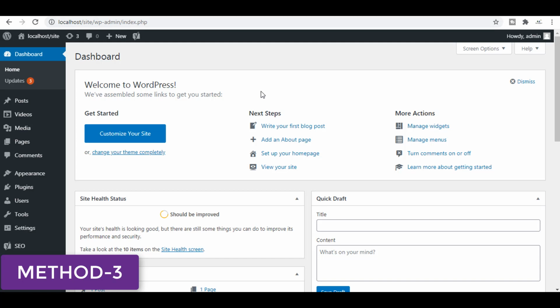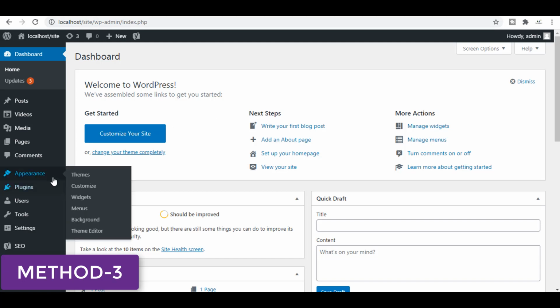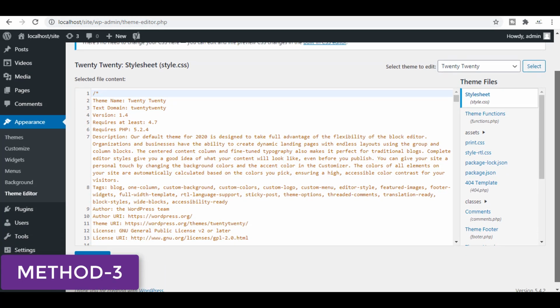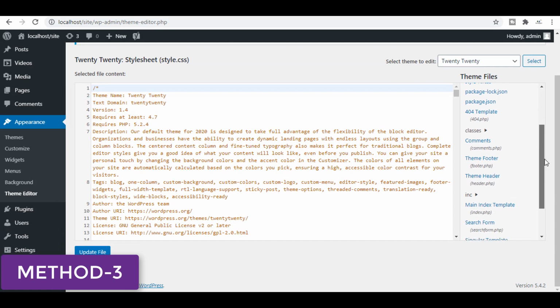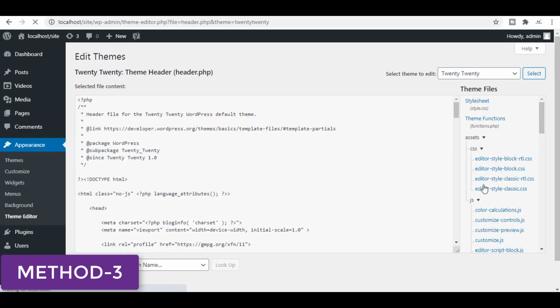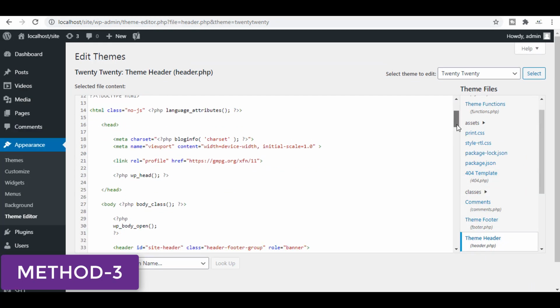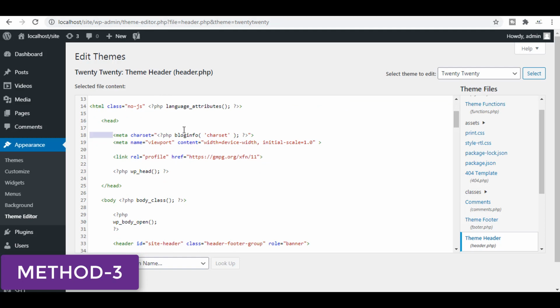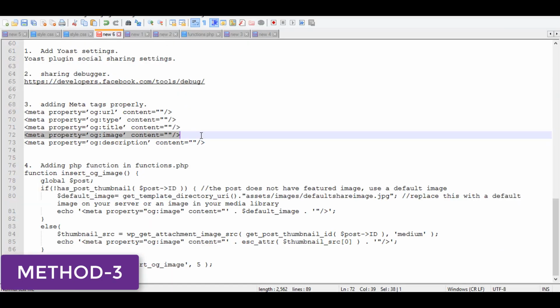In this third method, I'm going to add the proper metadata in the header section of the site. Let's add the metadata in the header of my site. Click at the appearance and click at the theme editor. Just scroll to the bottom and click at the theme header.php. So you can see that metadata is for the character set and the name viewport is showing, but just add meta for the Facebook